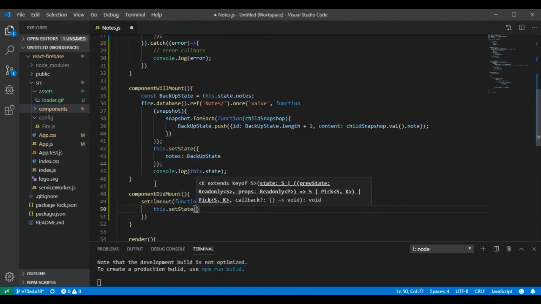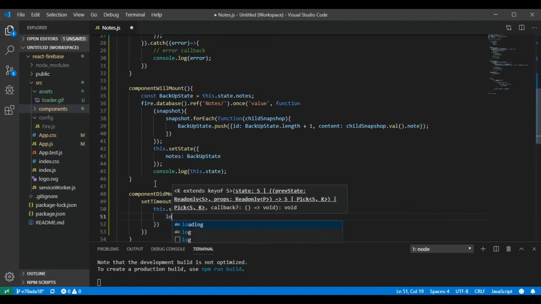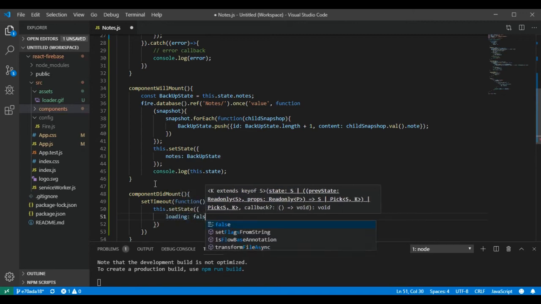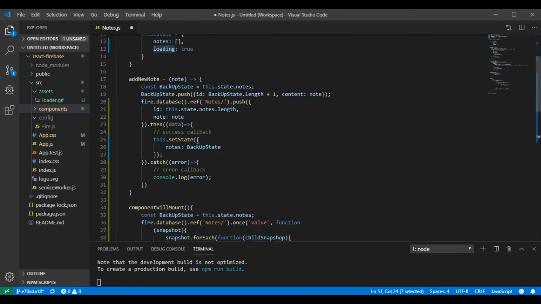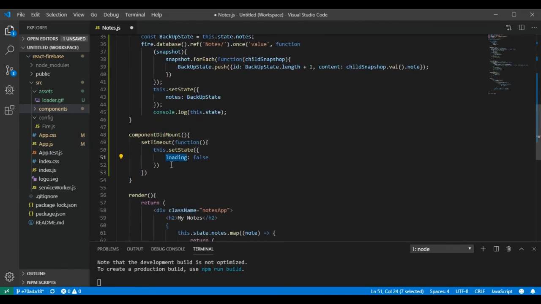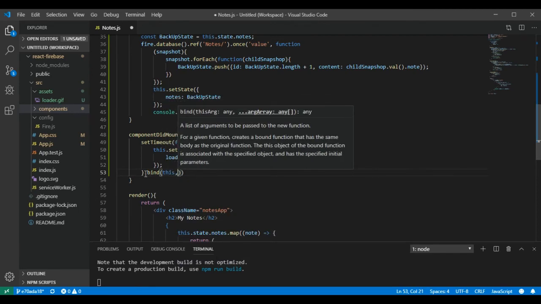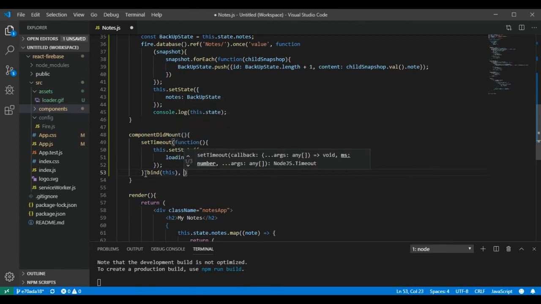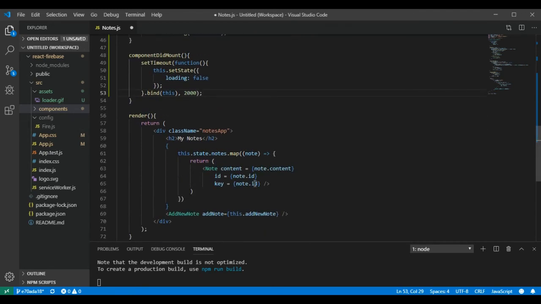So we update the loading state to false, just to make sure they match. Okay, so false. Alright, and then here below, let's bind this, and then here we'll have, let's say, 2 seconds. Okay, now wherever we have our node here, our loop,